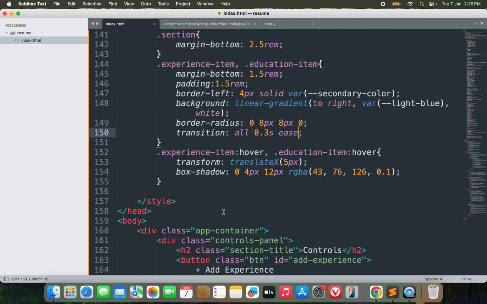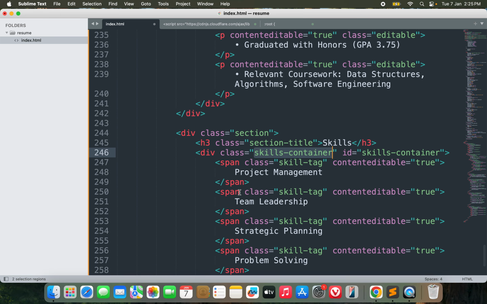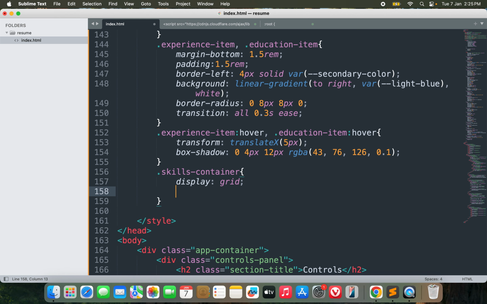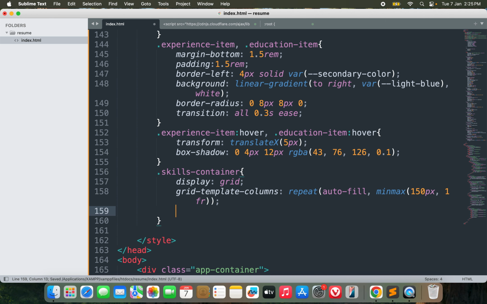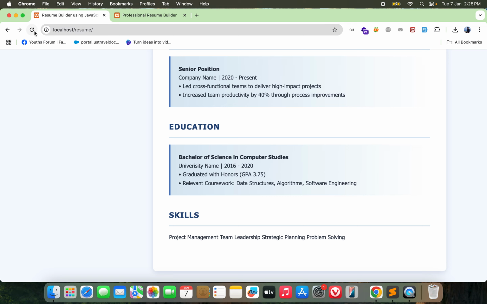Okay, so we're almost done now. The only thing that's remaining is the skills section. So for the skills container, is it the same name? Yeah, it is. So for the skills container, display grid, grid template columns, it will be repeat auto-fill with minmax 150px, 1fr. Gap would be 1 rem, margin top would be 1 rem. Let's see. Yeah,